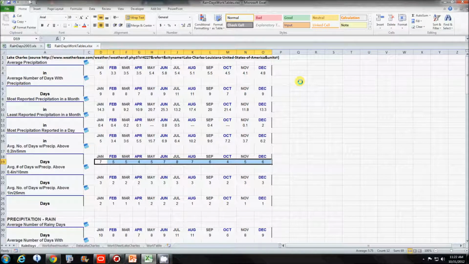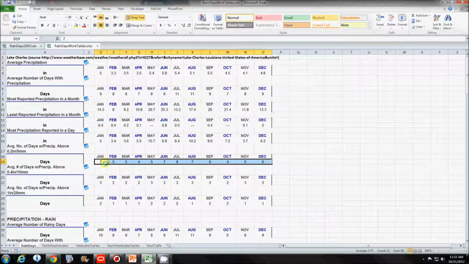Okay, this is where it starts. This is the database that I used for average rainfall. I recommend it. It's called weatherbase.com. Here I'm using the 0.2 inches or 5 millimeters to model what I'm calling significant rain days or a possible rain delay.